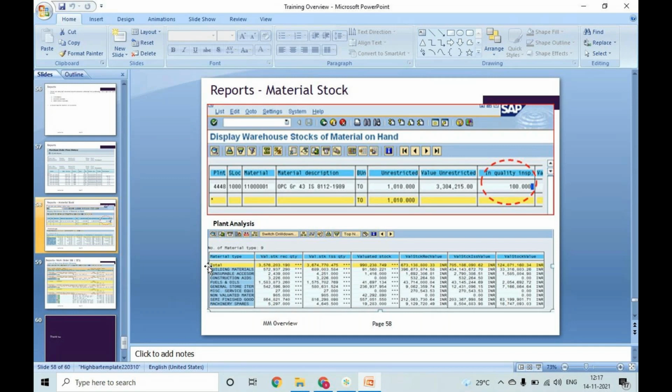There are other new functionalities in S4HANA, like stock upload programs. Earlier in ECC we have LSMW, but in S4HANA we have LTMC tools, where standard templates are provided by SAP. You just need to provide those templates to the user. They will fill them in and provide them to us. We will upload this template to SAP to create the master data or the stocks automatically. These are the new features available in S4HANA.